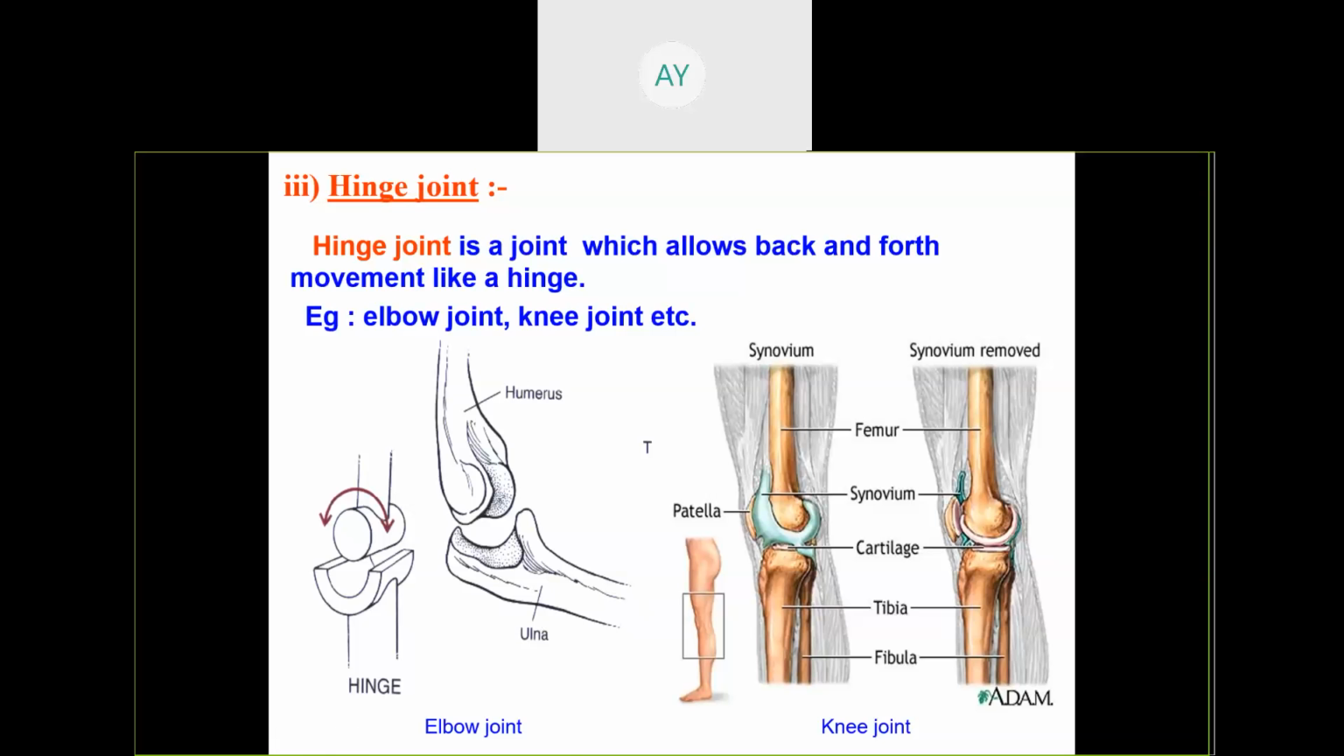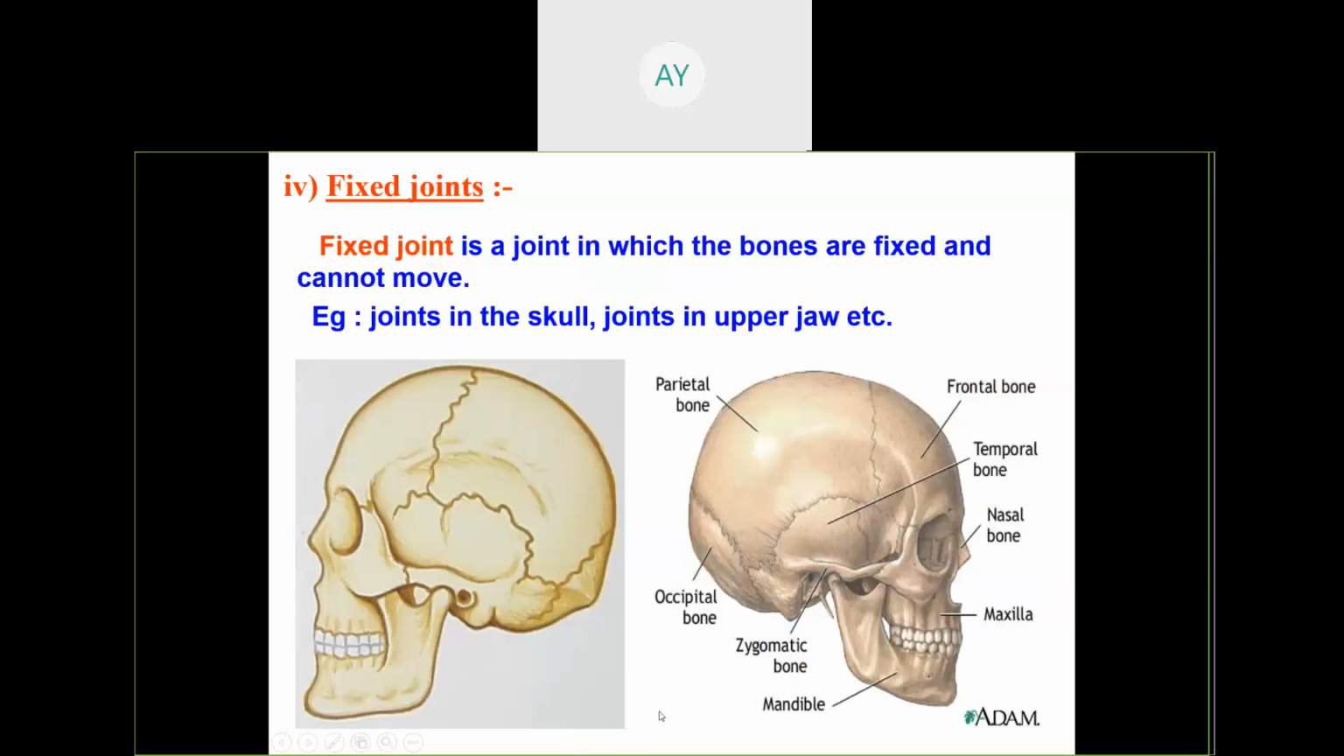So try to correlate, there are two types of bones present in your hand. After elbow, the two bones are present, one is radius, one is ulna. एल्बो के बाद आपको दो बोन मिलता है, एक होता है रेडियस, एक होता है अल्ना, और नी के बाद दो बोन होता है, टिबिया एंड फिबुला, ठीक है ना। तो ये आपको समझना है।